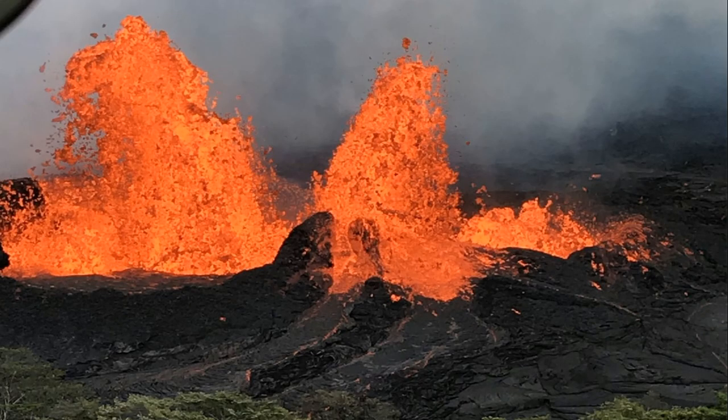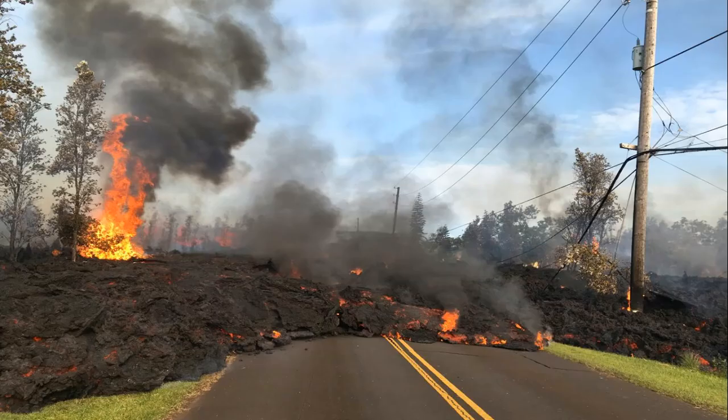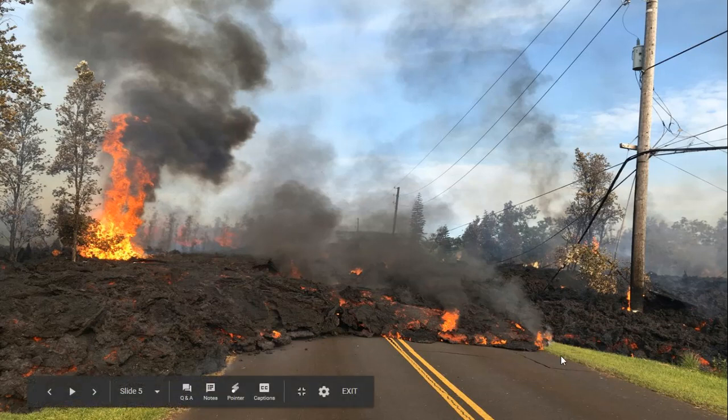Here are some images. A typical shield volcano eruption on Hawaii, with these nice fire fountains. Obviously these are still dangerous and quite hot, but you can walk relatively close to them. Here's some more. Of course, it's burning through a forested area. This is closer to an aa flow. Not quite there yet, but it's closer to that. It's a little blocky here. But here again, it's running down the road. This is just taken from the eruptions last year.